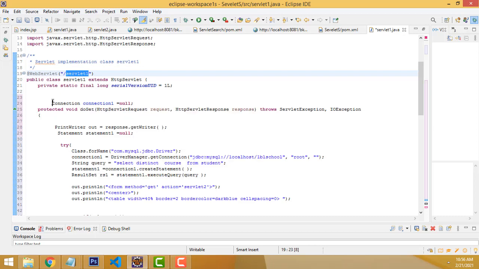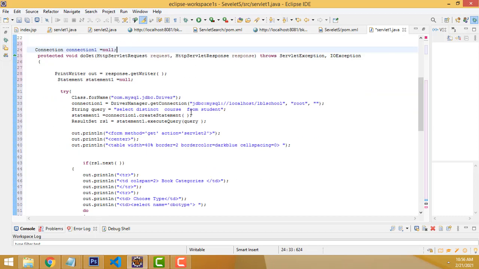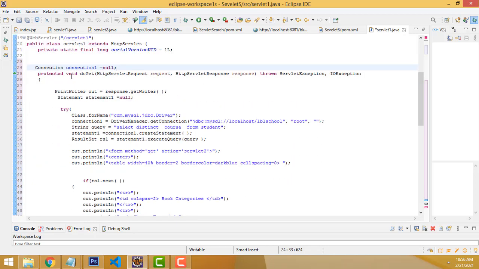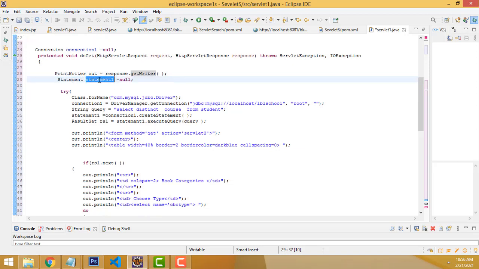Here I have created a connection object. After that, inside the doGet, we have to implement the PrintWriter class, with which you write the HTML. After that, we have to create the prepared statement. First, we have to write the MySQL connector, for which we already added the dependencies.